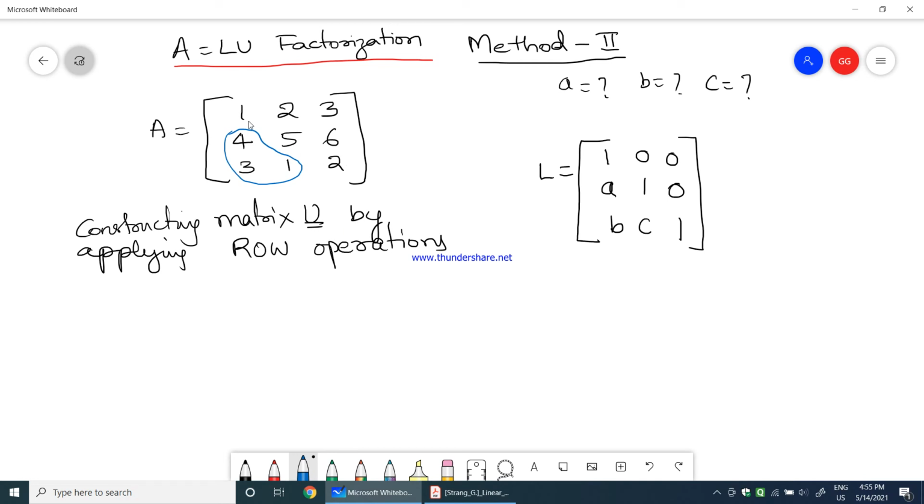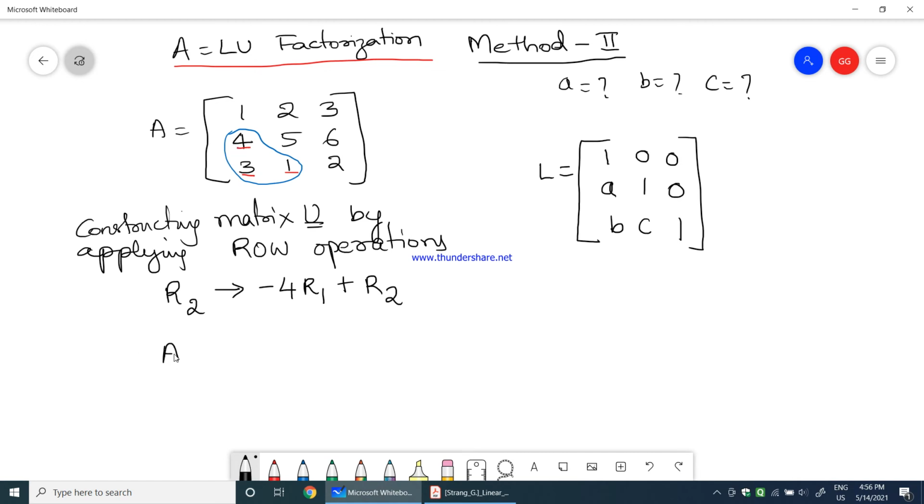Leaving the principal diagonal, all the elements above should be present, whereas these three elements in an upper triangular matrix should become 0. So for that, I will replace R2, because I will go step by step. I will first make this element 0, then this element 0, and then this element 0. To make this element 0, I will multiply R1 by minus 4 and add that to R2. Minus 4 times R1 added to R2 will cancel this first element and make it equal to 0.